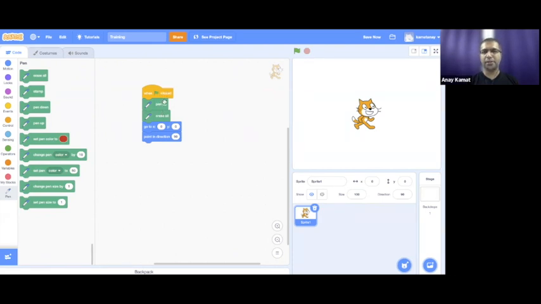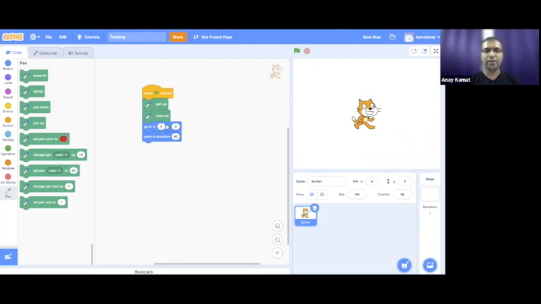Even the students are not expected to memorize this going up and down. What they should be remembering is all the different problems that we talked about. For example, the cat may start from various positions, so that is why we always say 0, 0. Then the cat may have a different rotation when it starts, so we say point towards direction 90 in order to address that.